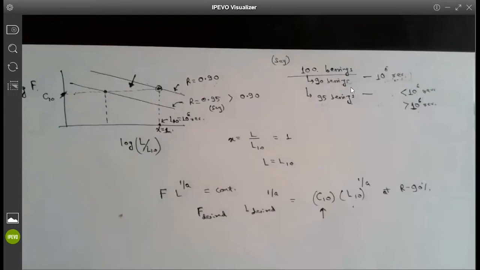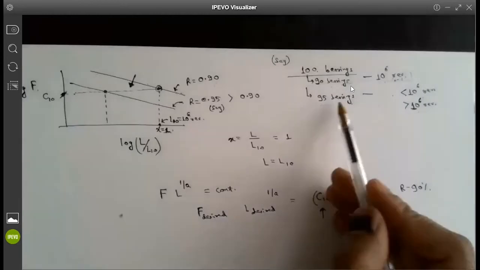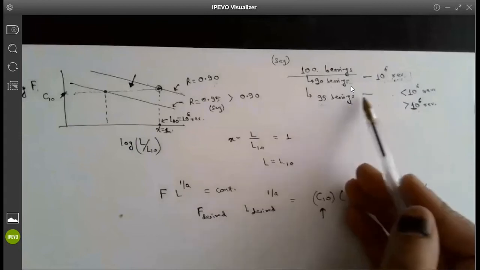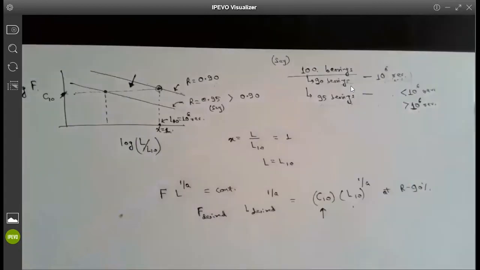And why is it so? Simply because out of 100, if the company asks how much life 95 bearings would survive, what will be the number of revolutions for 95 bearings? Yeah, probably less because